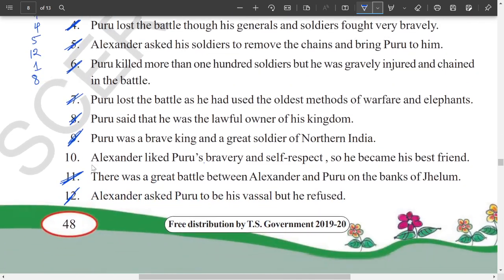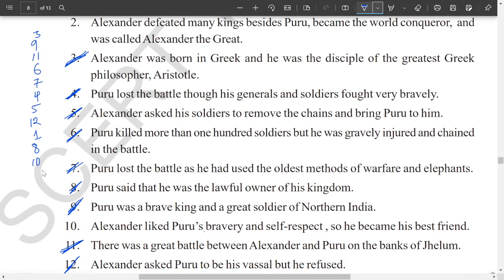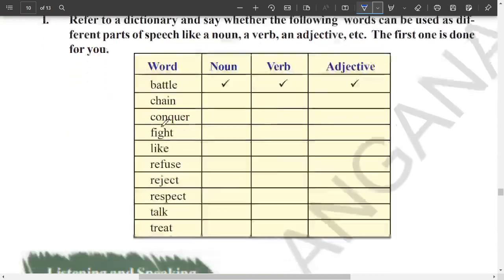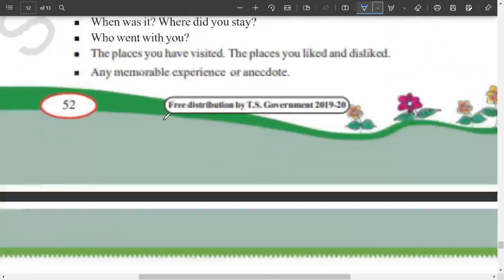Next one, 2 or 10. Alexander liked Puru's bravery and self-respect, so he became his best friend. So 10 you can use here. And at last, Alexander defeated many other kings besides Puru, became the world conqueror, and was called Alexander the Great. So at the end, we can use the case where the general sense or the general meaning of his victory is used. So this is the rearrangement order of all these sentences. In the exam, you may expect this type of questions. Okay. Now moving to another